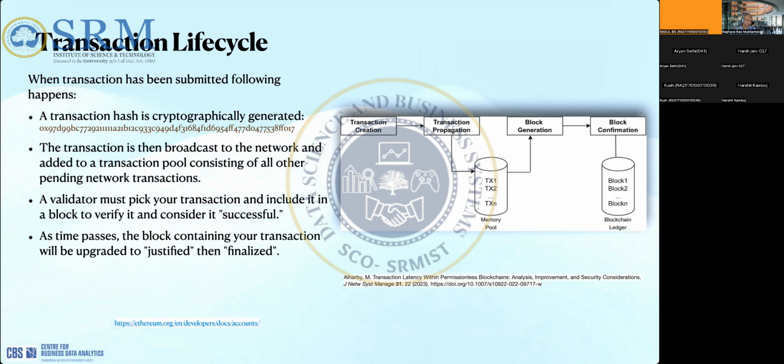So the validator's role is quite important here. The block created by the block proposer will be validated by the other nodes. What does that mean? They will take the block, take each and every transaction, and execute these transactions in their node. So they don't just copy the block and add it to their chain.